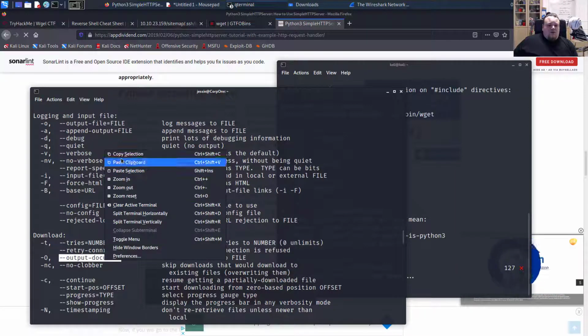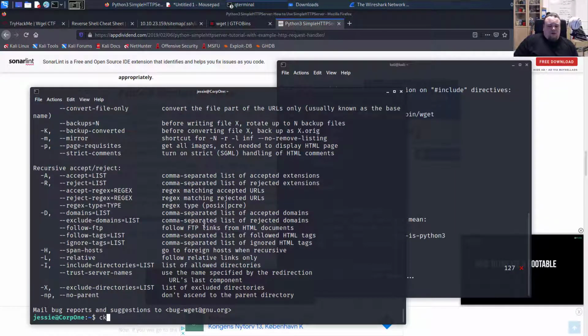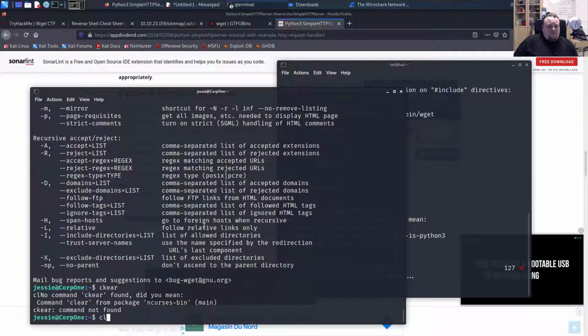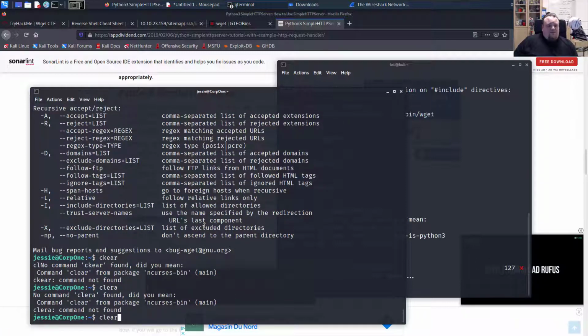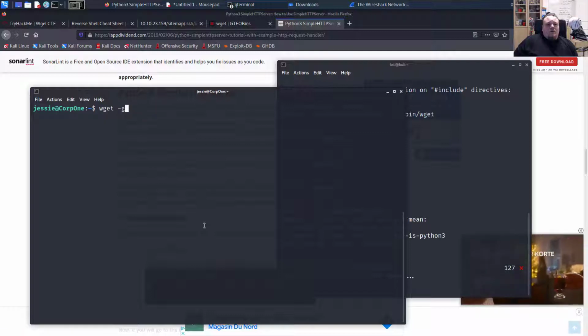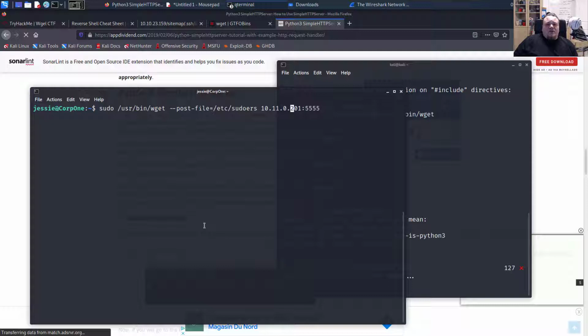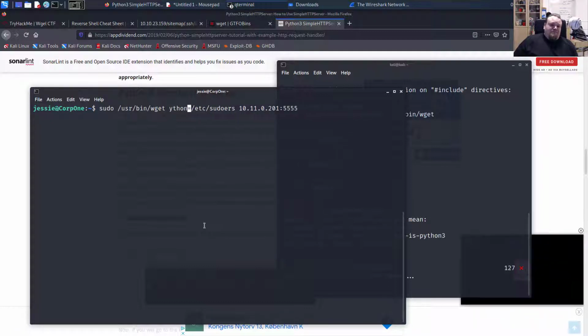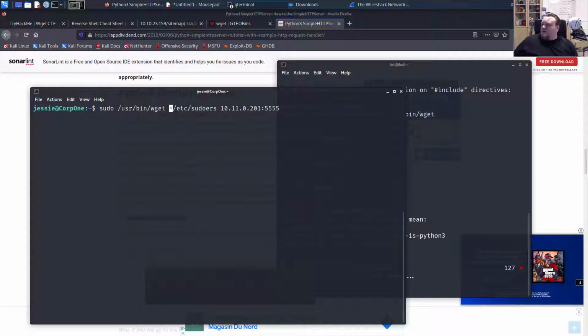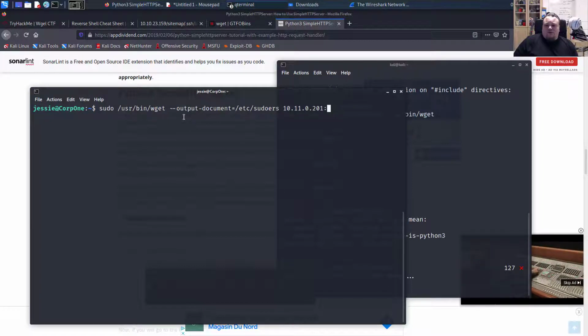We're gonna go back to this. This is called output document. Let's clear. And we need to do, instead of this, we need to do that. Didn't I copy paste it? Output document, and it's on my port 8000 /